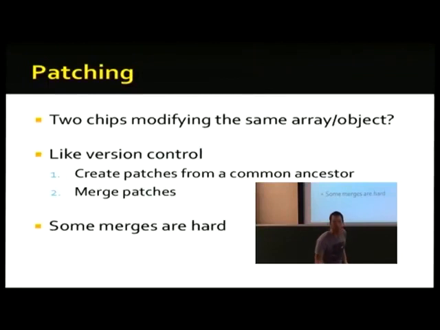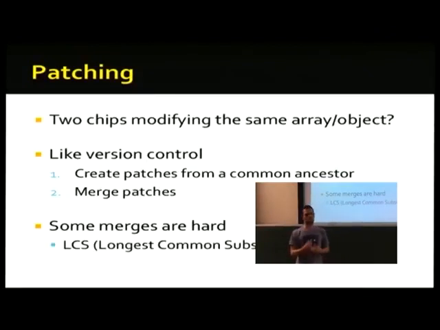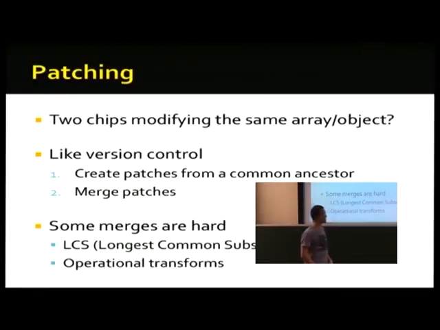But we run into a really naive algorithm, which is what I wrote because I didn't really know what I was doing. It fails pretty quickly once you get to large arrays, because in arrays it's hard to know if you moved an element from one place to another, or if you just changed it altogether, or if you removed a few. It doesn't really understand. So we're moving now to using longest common subsequence algorithms, which are a lot more sophisticated. Another interesting option we could choose is operational transforms. That's basically what's used in Google Docs, for example. I think also in Etherpad and some of those others.